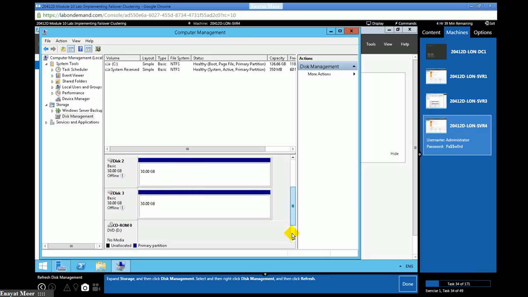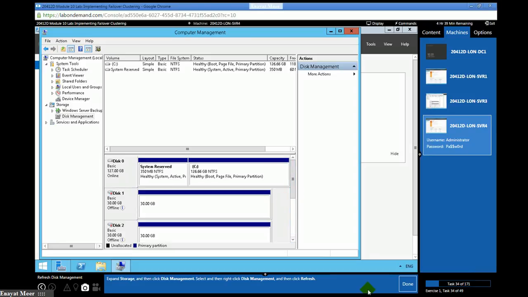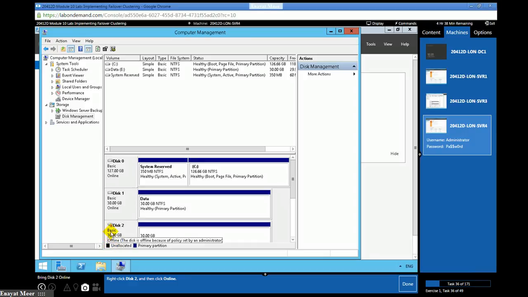It is a common procedure that you are looking at this moment, and we have done this on SVR3 or server 3. Bring them online. Okay, this disk 2, bring them online. And disk 3, bring them online.